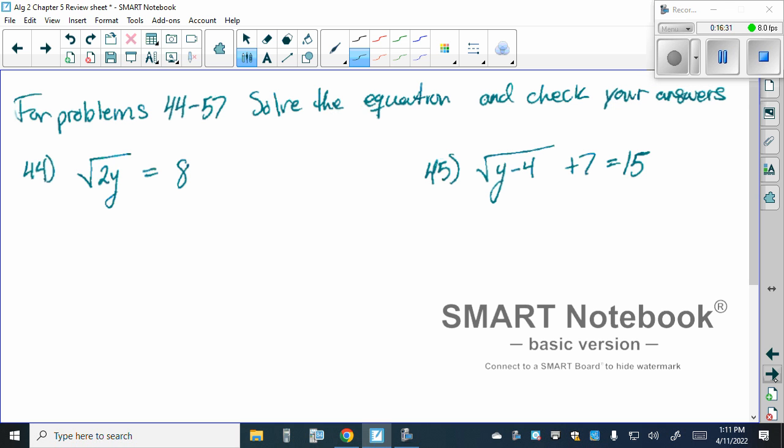Questions on 44 or 45? So for 44, the first main step in solving these radical equations is to get the radical by itself. Is the radical by itself? Yes. So that means we could put both sides to the nth power. Here we would square, since we're talking about a square root. Squaring a square root causes those to simplify, telling us that 2y is equal to